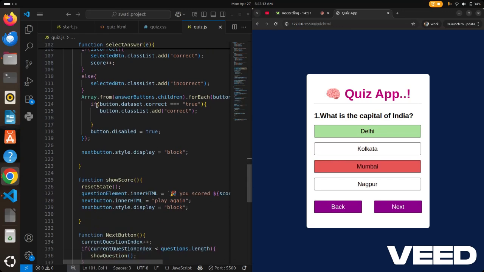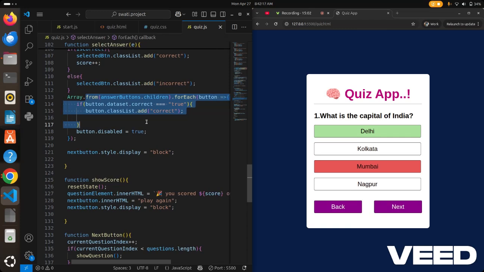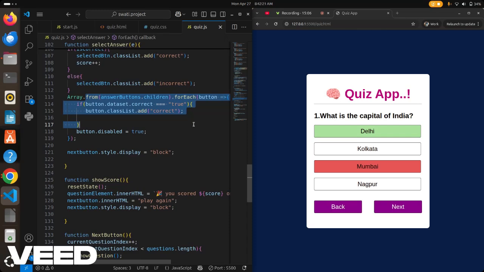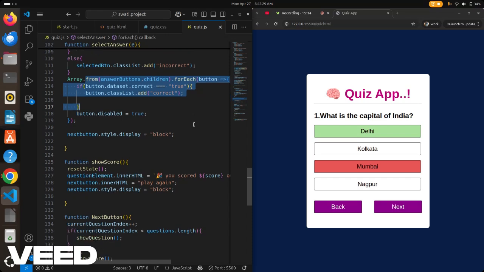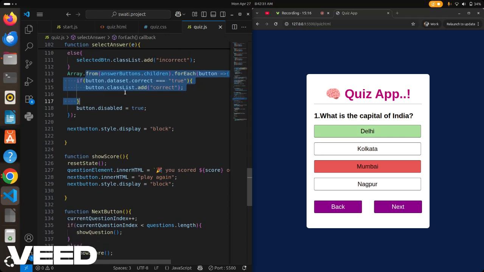Okay, then I use here Array.from for the answer buttons. Also here the forEach method, and we use forEach method for an array, it will check all the elements one by one, and also use classList dot add.